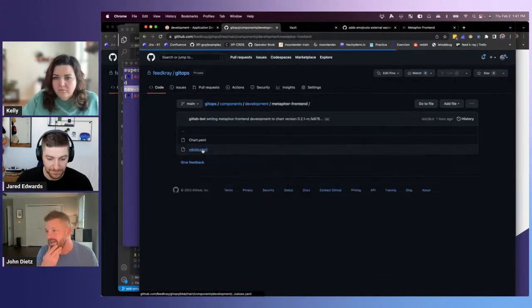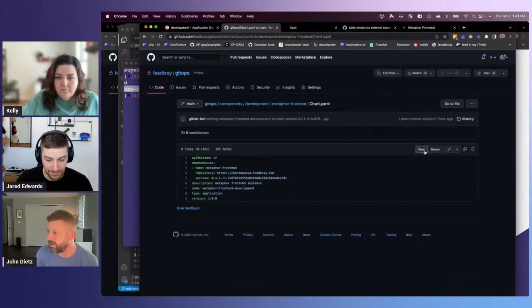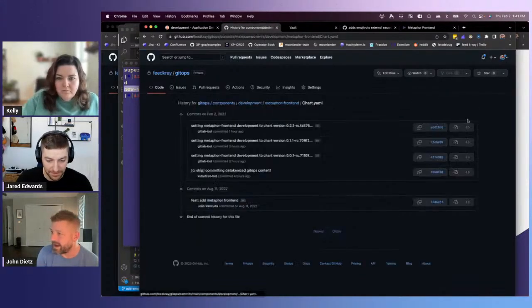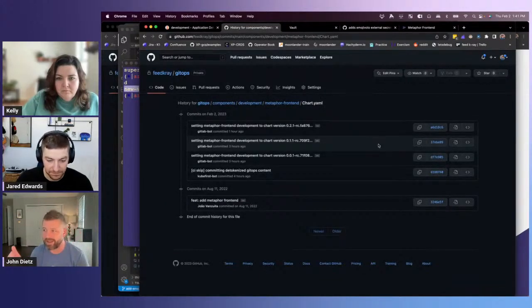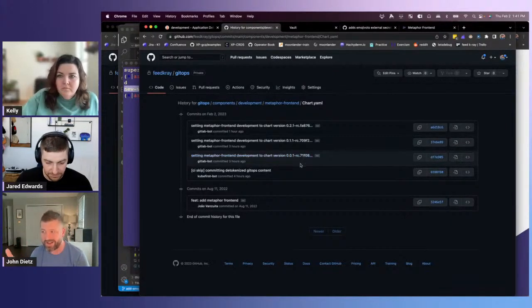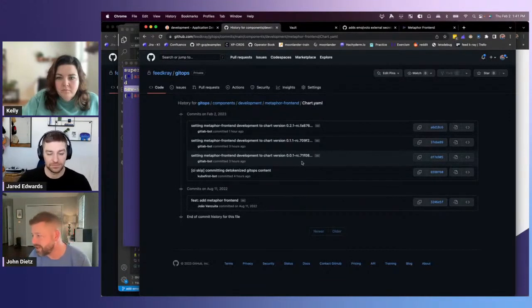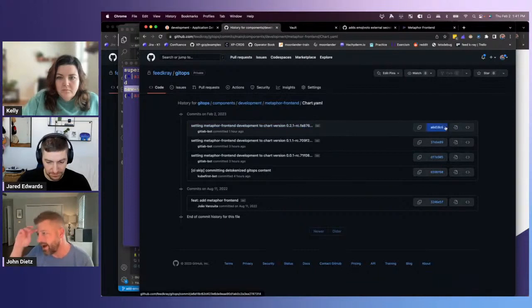Jared, if you could go to the development chart and look at the history of that chart, this will show all of the changes that have ever been made to the development environment. We went from a 0.0.1 to a 0.1.1 to a 0.2.1, et cetera, et cetera. And whenever we make a change, if you would look, Jared, at that topmost commit, this will show that